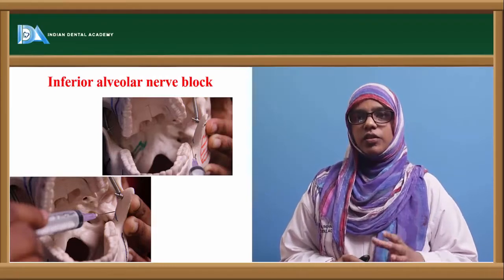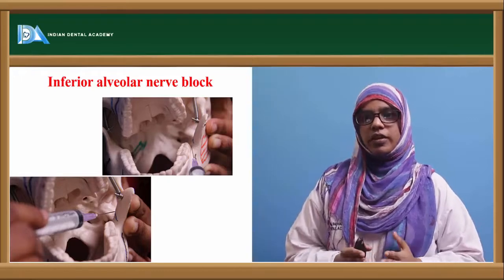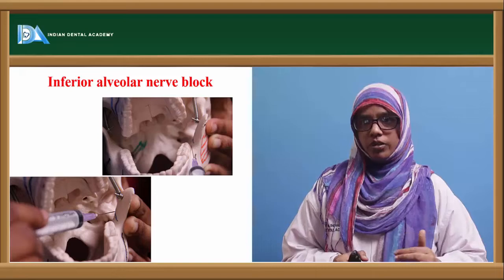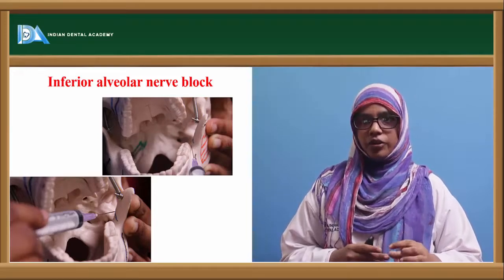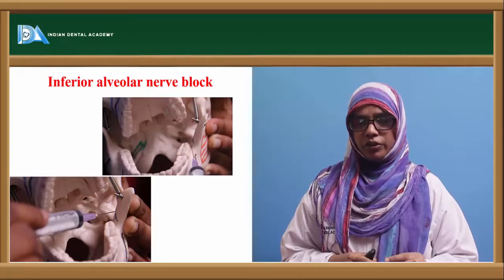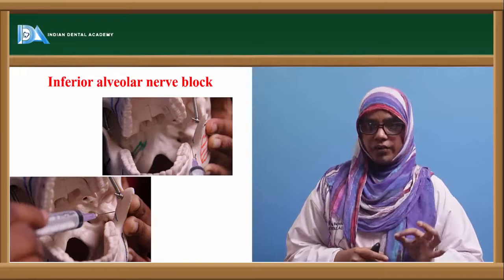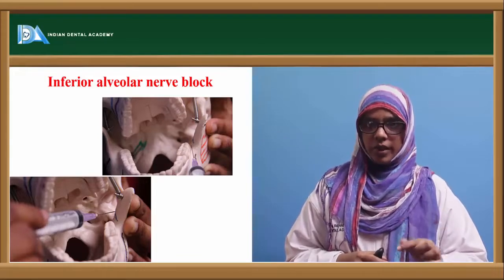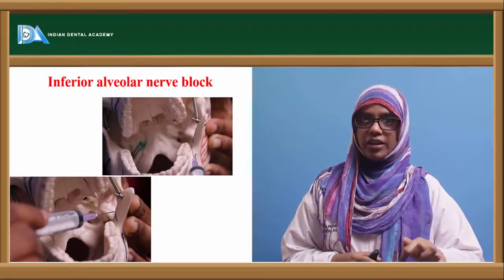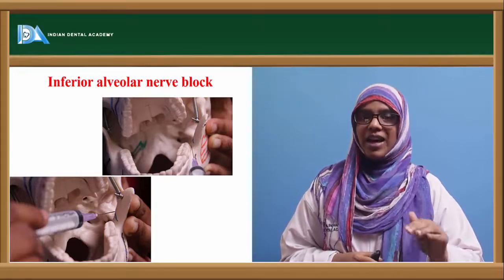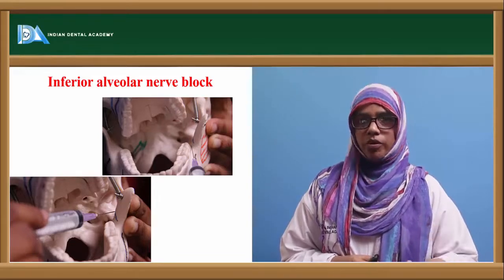Now, in the case of the inferior alveolar nerve block, you will start from the opposite quadrant, in the premolar molar region, and direct your needle towards the pterygomandibular raphe. You basically have to inject into the pterygomandibular raphe space. Once you palpate the raphe, try to retract it. You will feel the coronoid notch and the anterior border of the ramus with your thumb. At the same time, keep your index finger at the posterior border of the mandible,